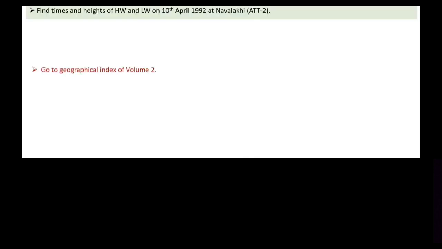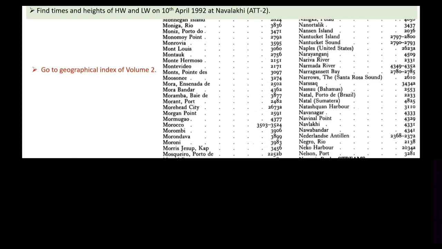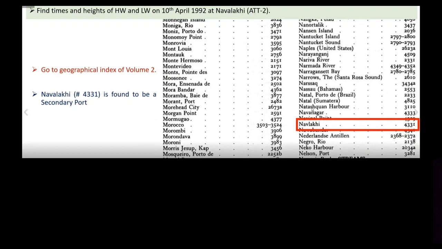So we go to the geographical index of Volume 2, ATT Volume 2, which is in alphabetical order. We reach Navalaki, and we find Navalaki is not in bold and capitals. So it happens to be a secondary port whose number is 4331. So Navalaki, port number 4331, is found to be a secondary port. Now beta, with this number, can you go to part 2 and see कि ये जो नवलखी पोर्ट है इसका